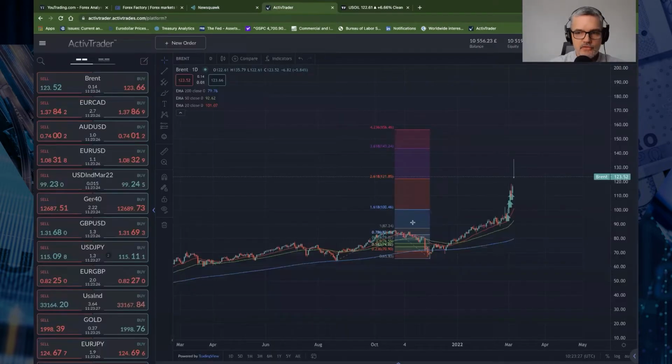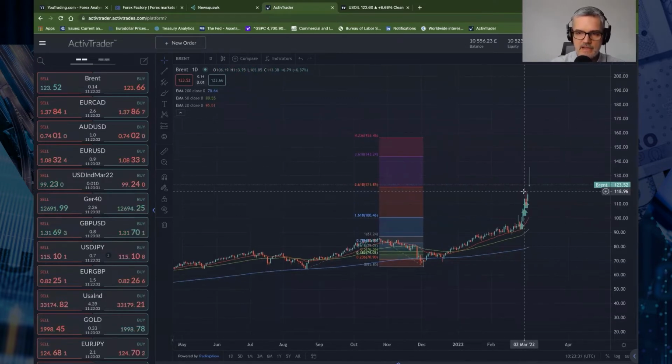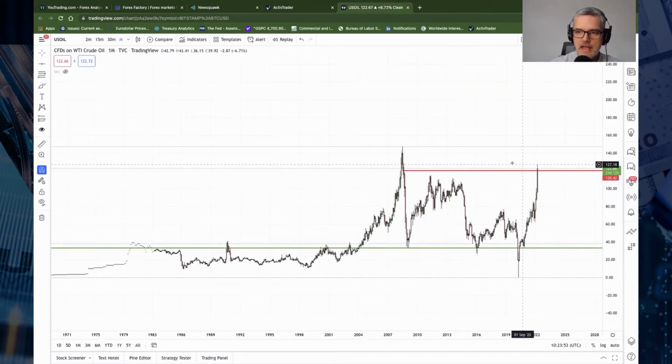All right, going to the active trader platform. Because there was a lot of talk around oil, we can see here that Brent gapped up to around $123 per barrel. It then proceeded to go a lot higher, up towards $135 per barrel. We are above the 2.618 extension. And for me, now that we're in these levels, we could easily go up towards $150 per barrel. In context, that would then get above the previous spike high in July 2008.